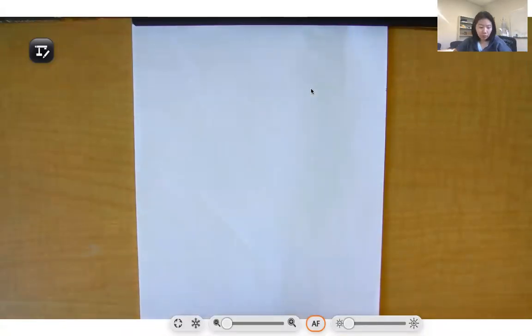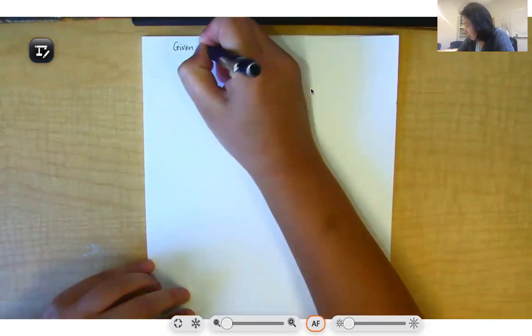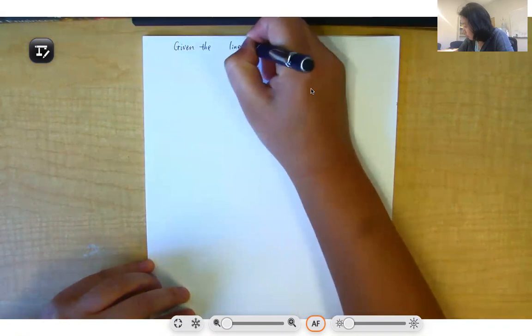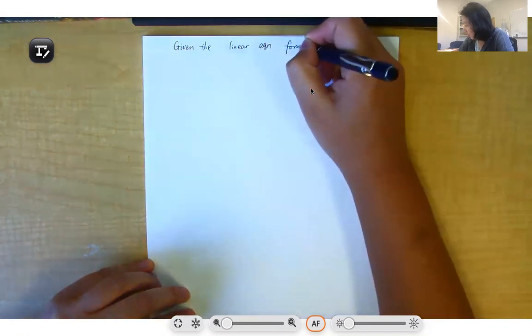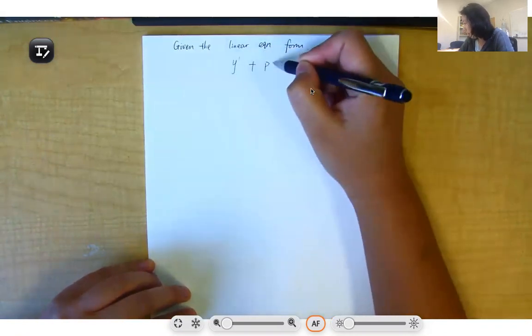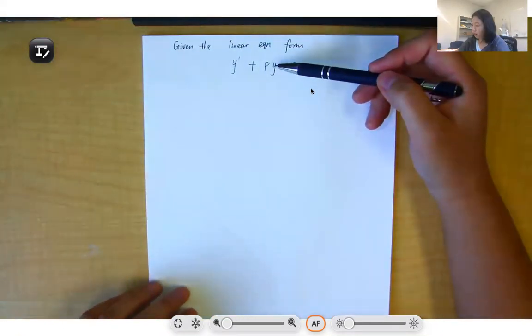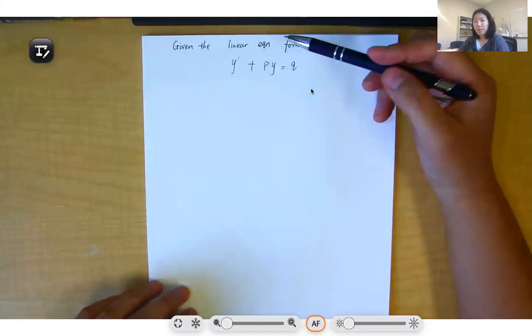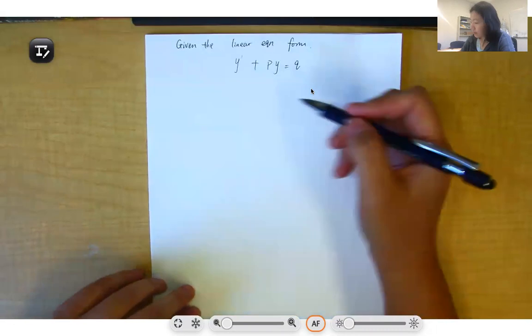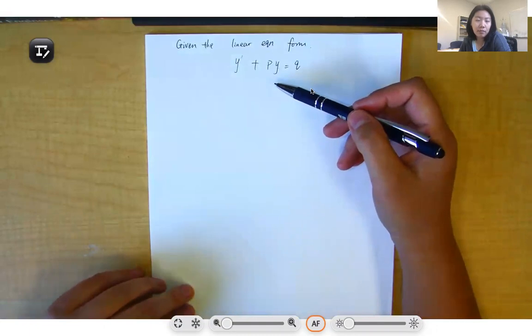So now let's see how to solve the first order linear differential equations. Given the linear equation form, which is y prime plus p y equals q, we know that the coefficients for the linear first order ODE will be only a function of x or constant. So we can rewrite these equations to be a standard ODE, such as M(x,y) dx plus N(x,y) dy